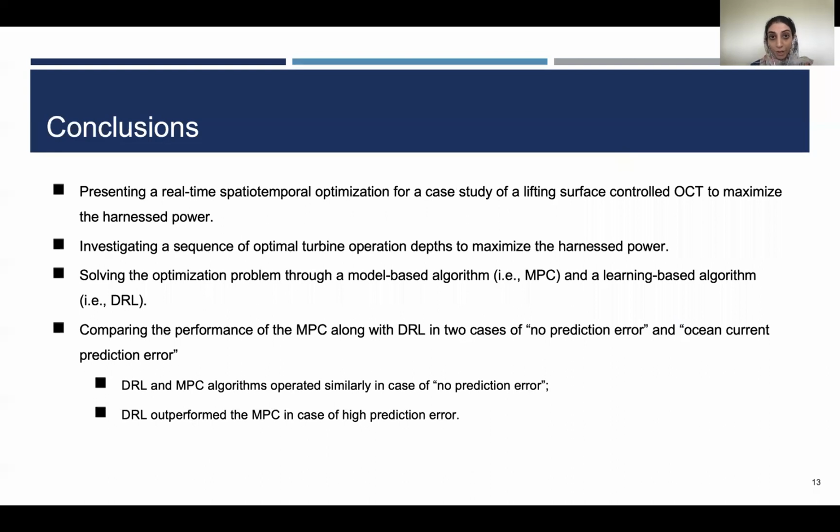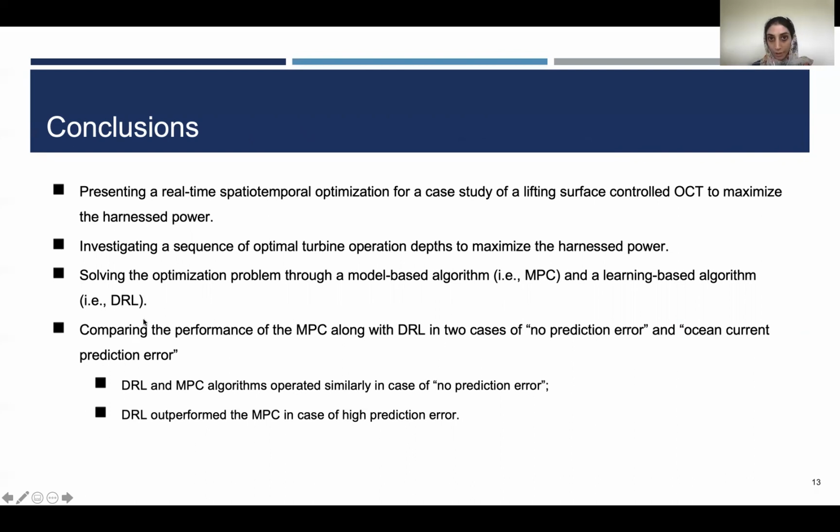Finally, in this presentation, I showed you a real-time spatiotemporal optimization for a case study of a lifting surface-controlled ocean current turbine to maximize the harnessed power from this system. And we find the optimal depths for operation of our system. We solved our optimization problem through two different approaches. The first one is a model-based one, model predictive control, and the second one is a learning-based one,